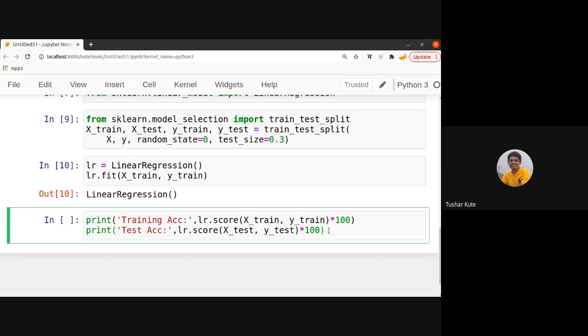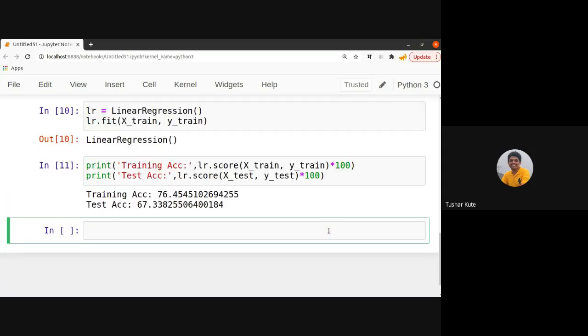I'm checking accuracy for both the training and testing data and printing it. Training accuracy is 76%, and testing accuracy is 67.33%. That is the R2 score. I'm multiplying by 100, so the R2 score is actually 0.76 and 0.67.